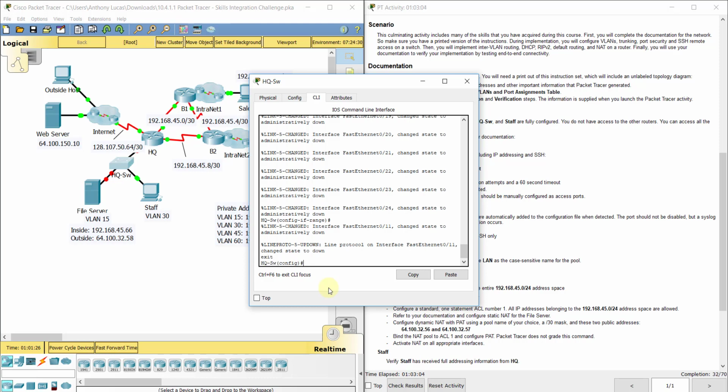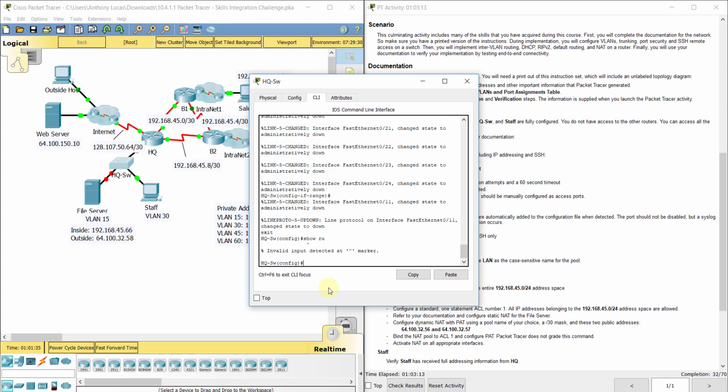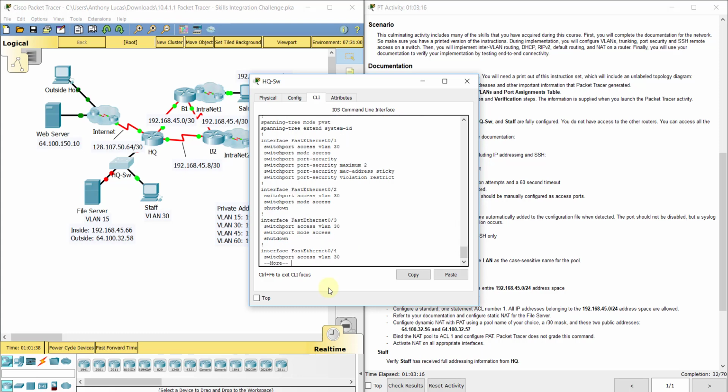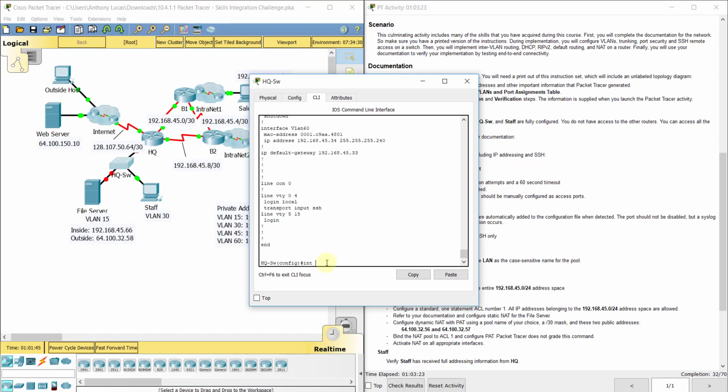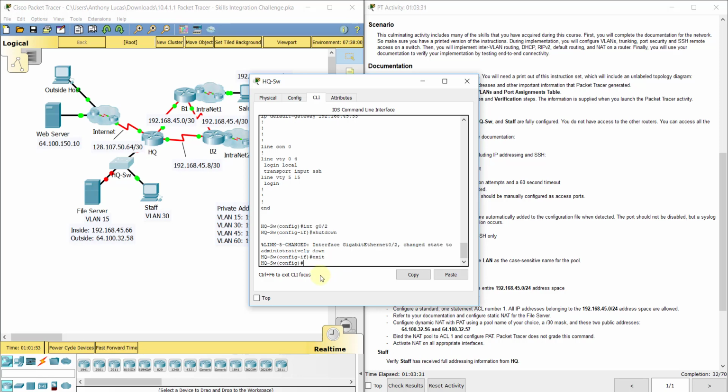Okay. Now let's do interface range G0. Let's look at which ones we have here. We know we're using G0/1, so G0/2 we're not using. So then interface G0/2, shutdown. Okay, so that pretty much shuts down all the ports that we're not using actively. So when we do a show run,